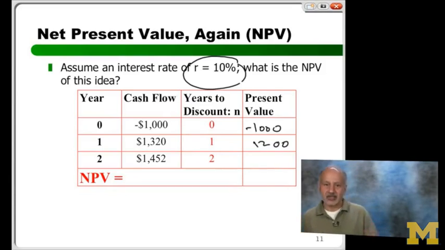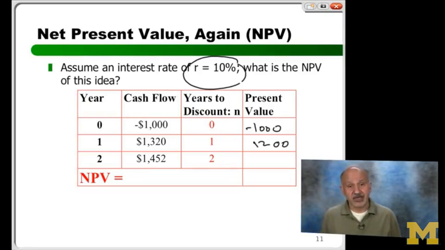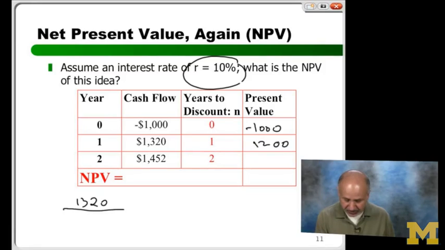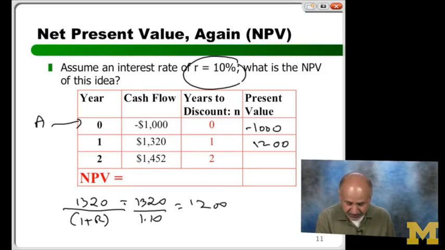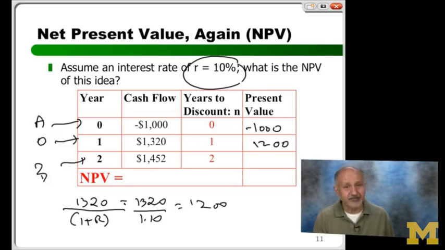And note, now that you know how to do any present values, I'm going a little bit faster. And we just did this. What is the NPV? Now this is a little bit tricky, and I'll do Excel in a second. How much would you do? So this one, how did I get? I took 1,320 and divided by 1 plus R, which was 1,320 divided by 1.1, right? And I got 1,200. Now look, if this is apples, this is oranges, what is this? Bananas. Right? Because 1 year has passed. However, the interest rate is very high. So what do I have to do? I have to take this amount,